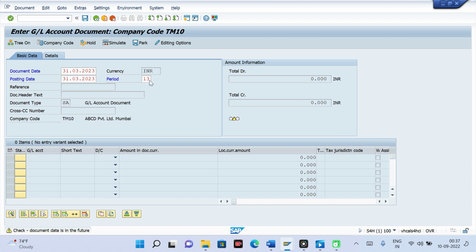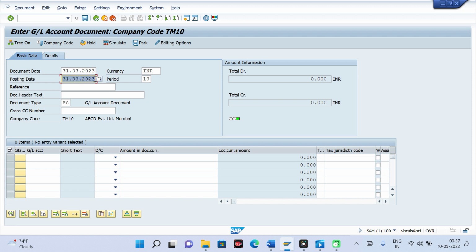Again I am repeating, whenever you want to post in a special period, your posting date should be the last date of your last fiscal year. So my 22 last fiscal year date is this 31st/03/2023. I hope you know how non calendar works.